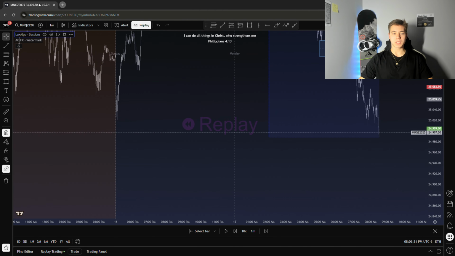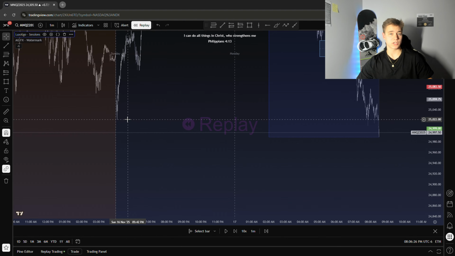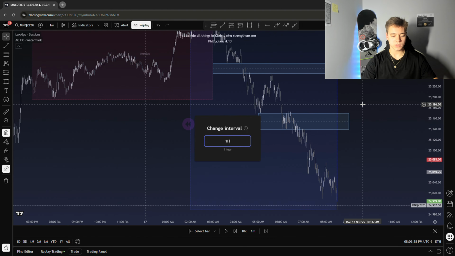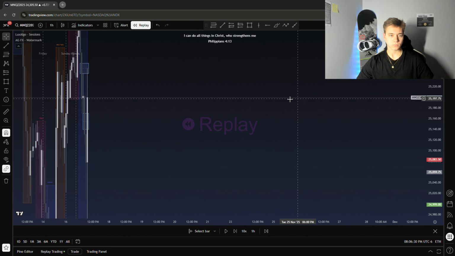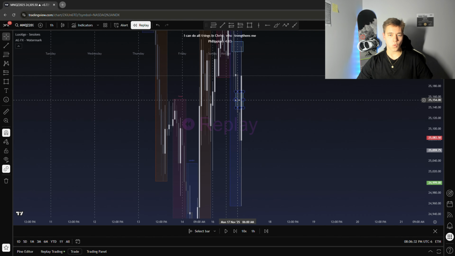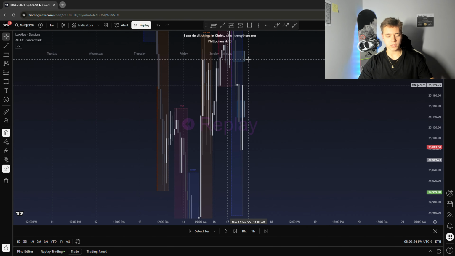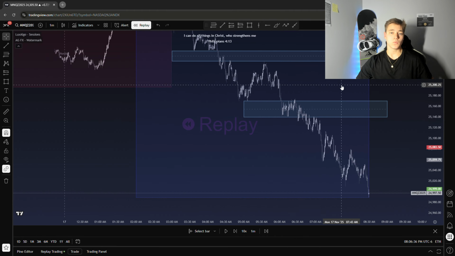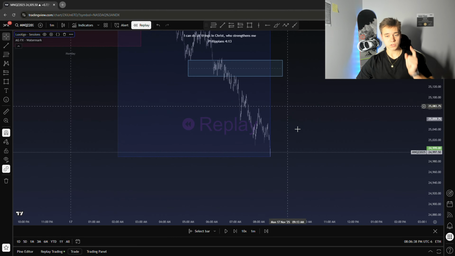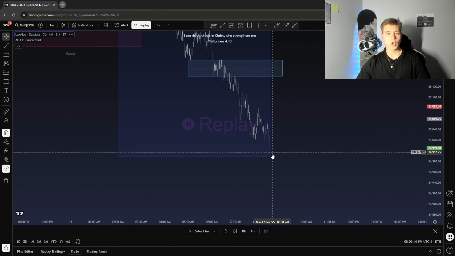Now, London session came down, swept this low. So this is already telling me that we want to see potential bulls. We also see on the hourly time frame, if you zoom in a little bit, we have a 1-hour fair value gap, and also we have another fair value gap. What is this telling me? We want first to sweep this London session low, create an inverse fair value gap, and target the opposite draws